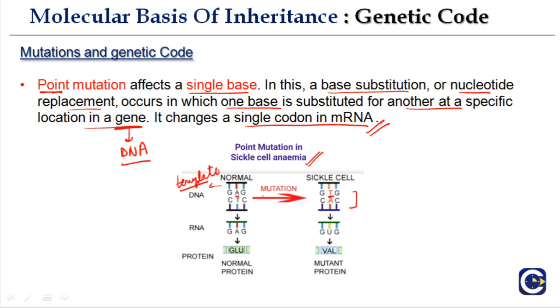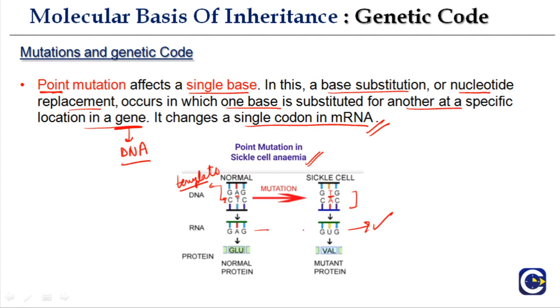So this will result in transcription. When it results in transcription, the mRNA is GAG. And here it will be GUG. So the template strand is this strand, CT, TA, CT. But here, because there was this mutation that took place, A converted to T here. Now the template strand has A instead of the normal T. So it will be GUG. And now is where the problem occurs.